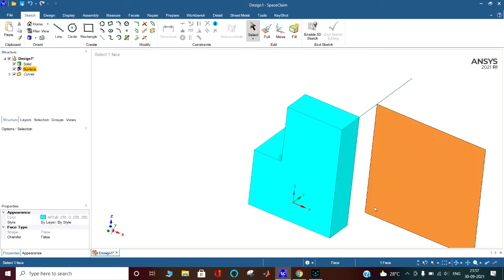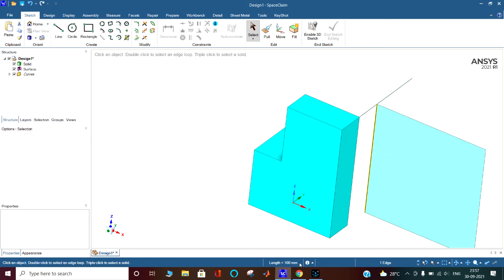When I select one face, you can see on the status bar select one face. If I select the edge, it comes as one edge, its length is 100 mm. All of these things come: the information bar, error, warning, selection list, progress, measurement, everything will come on the status bar, so be aware of it.